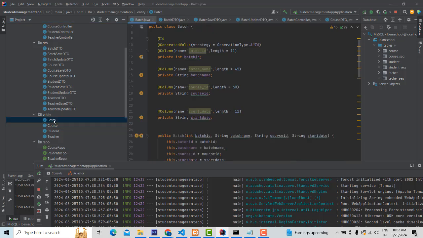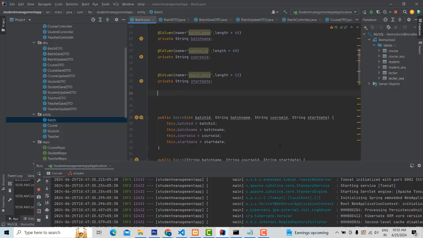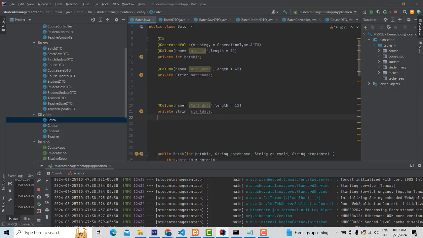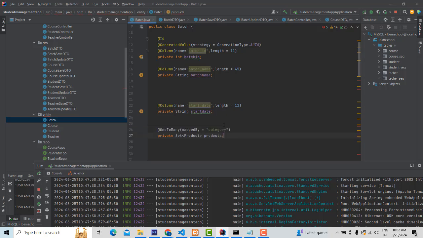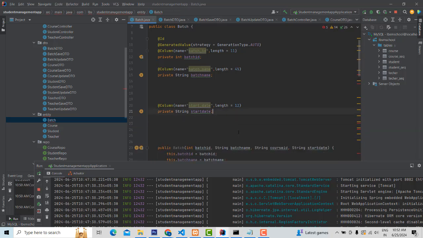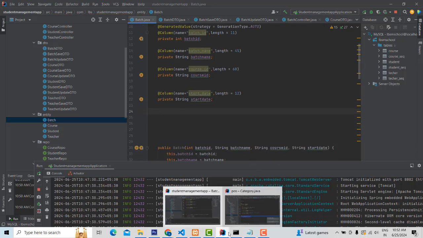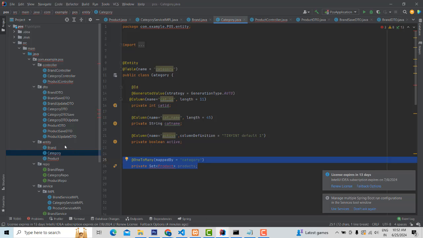On the other hand, go to the batch part. What I'm implementing is the relationship. This one we don't need. This is a course ID, which we have implemented over here. Let's keep it. After that we have removed it. Here is how to do it: on the other hand, we have to implement the relationship,